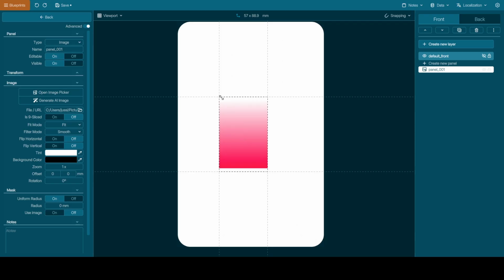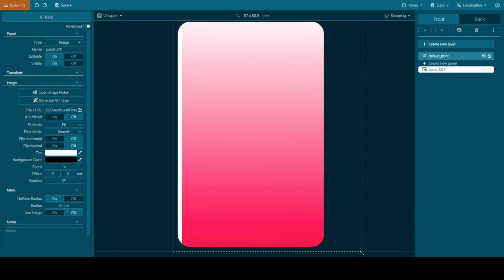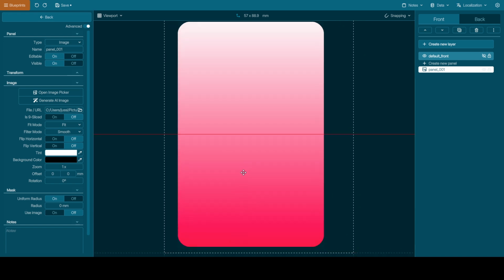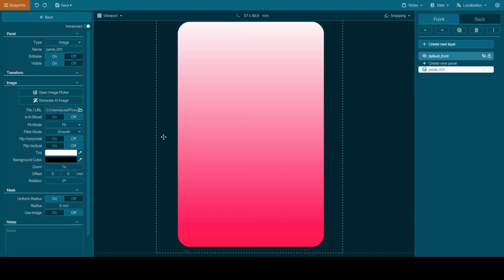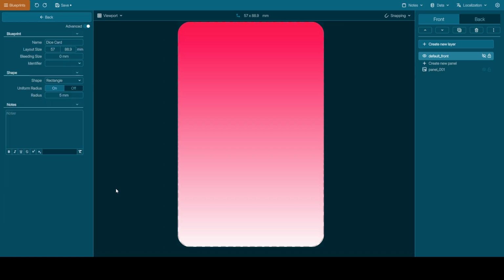And then we just make it fill the whole card. And I put it a bit larger than the card itself so that we have bleed here. So we can rotate the image. Let's say it would be nice to have it this way around. Okay, now we have a background color which is a gradient.